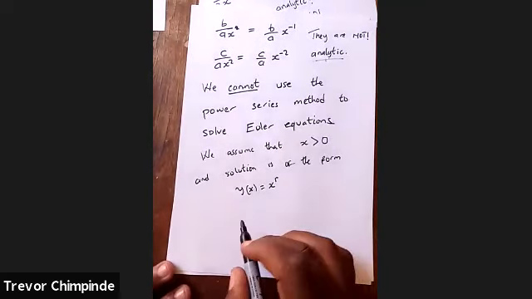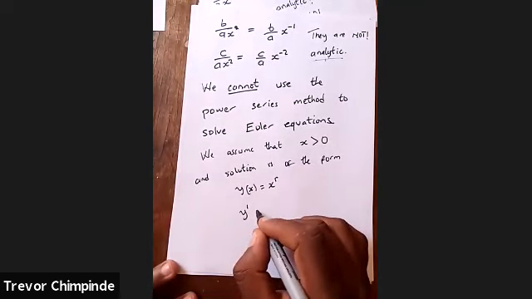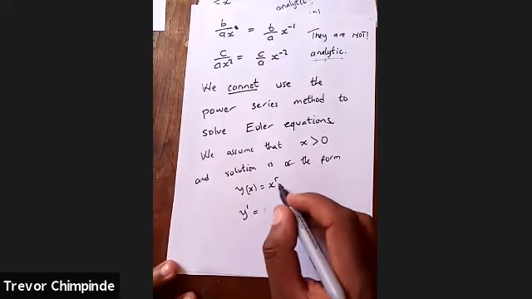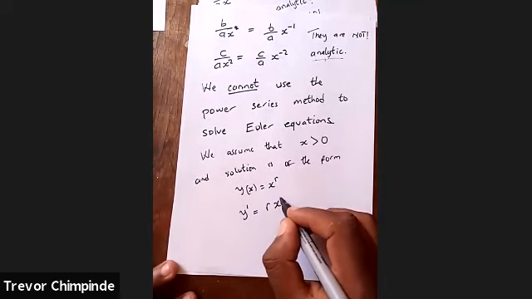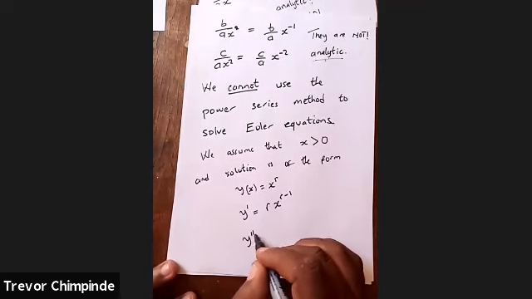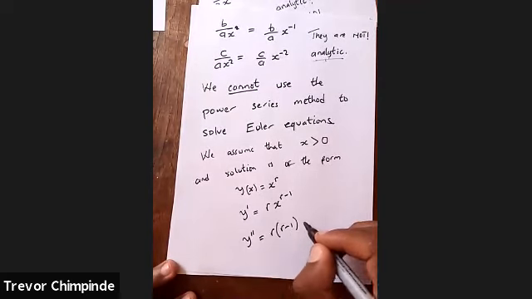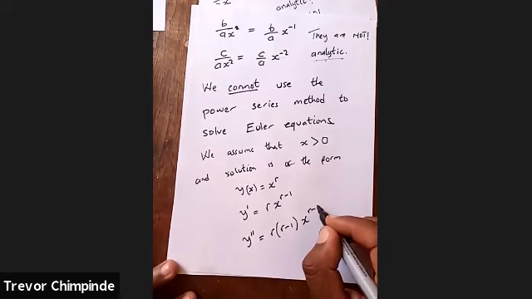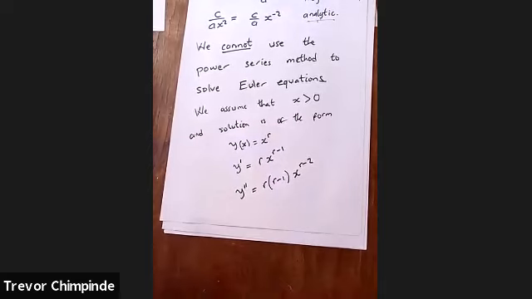So once you get this, if this is the solution, then you know that y prime is going to be, the usual, drop the r, so x to the r minus 1, then the y double prime is r minus 1, x to the r minus 2. Then if you plug these back into your equation,